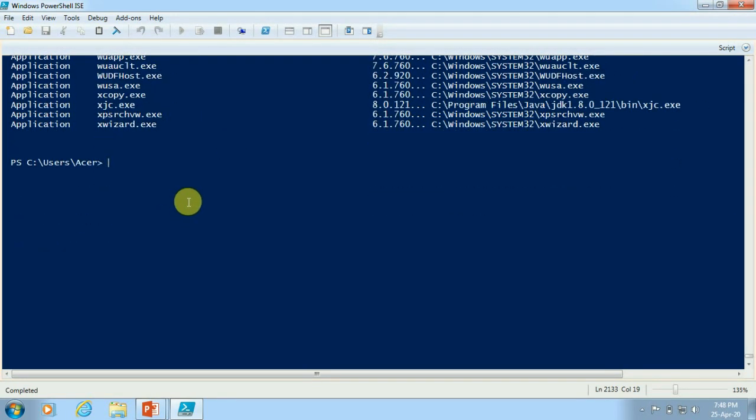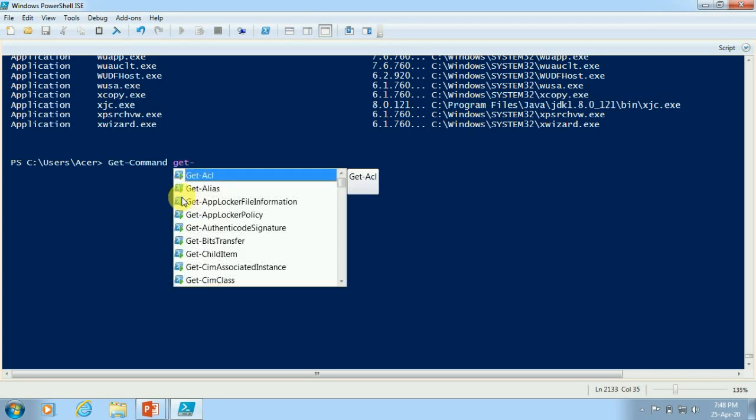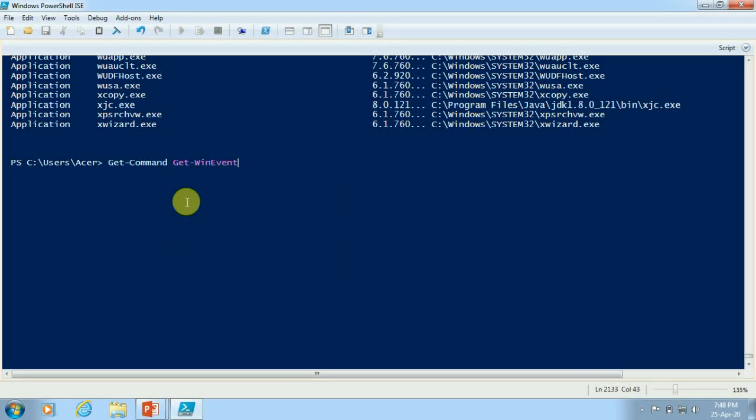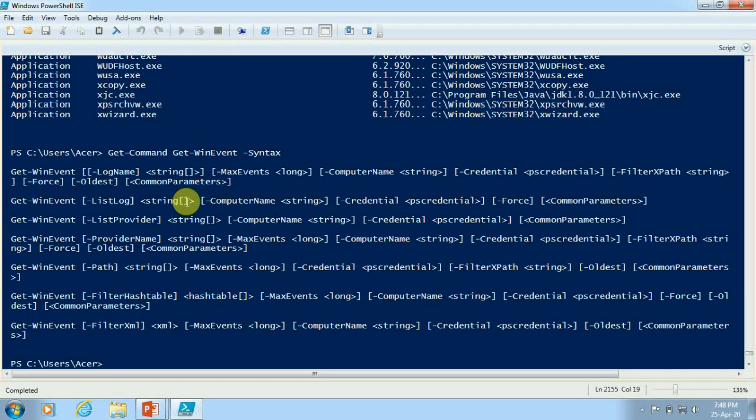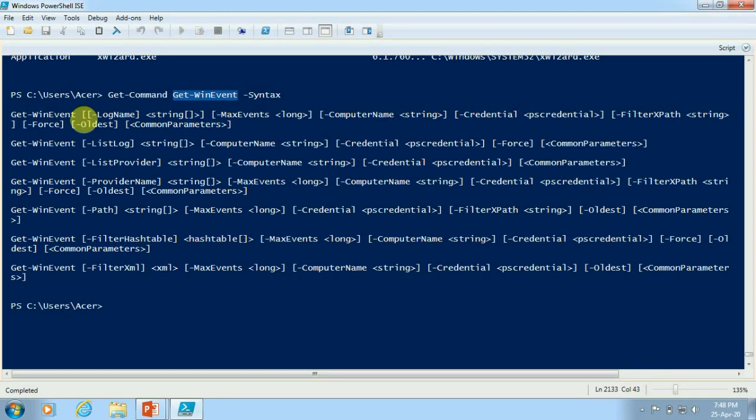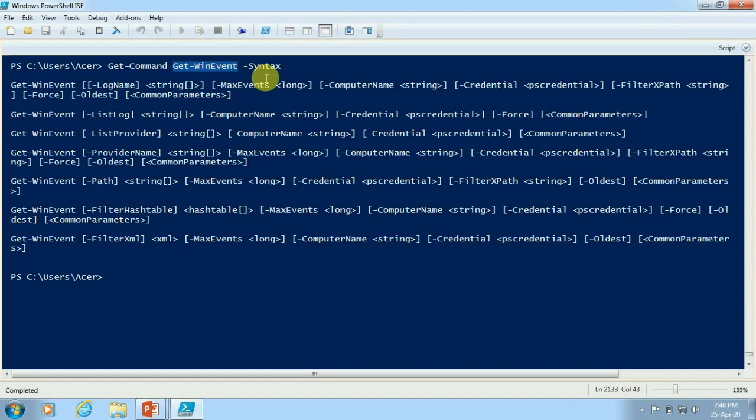And if I want to check the syntax of any particular command, let's say for example Get-WinEvent, I will have to pass the Syntax parameter. After we have passed the Syntax parameter with this particular cmdlet, we have got the syntax of this cmdlet. So if I want to check the syntax of any cmdlet, we can just use it like this.